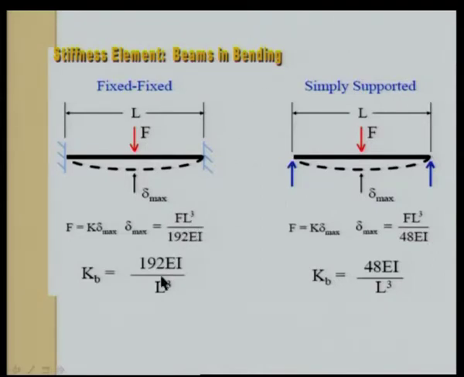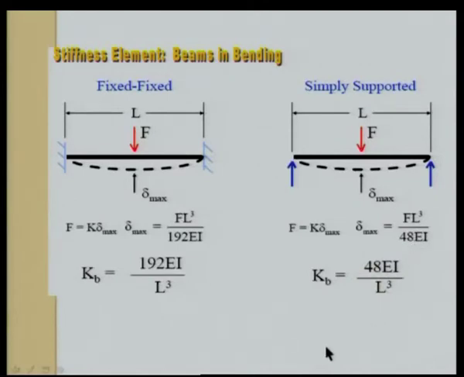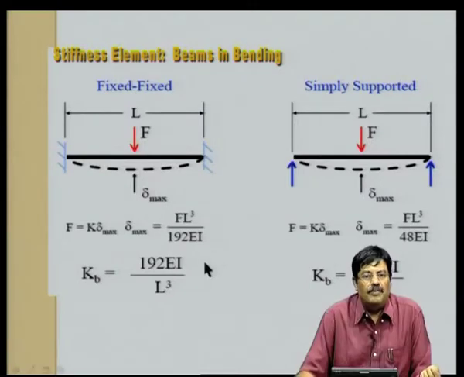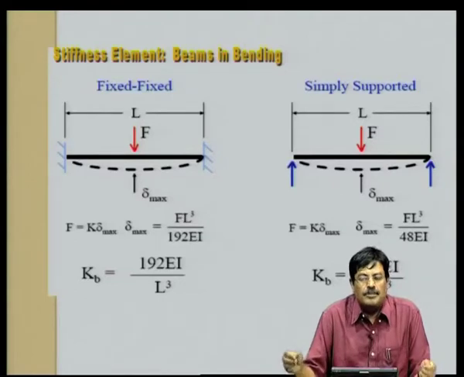So, F by delta is 92 EI by L cube, which is totally different from what we had for a cantilever beam. If it is a simply supported beam, the maximum deflection from the strength of materials approach is FL cube by 48 EI, so the stiffness for the simply supported case will be 48 EI by L cube. So, basically the boundary condition of the structure determines the equivalent stiffness that you are trying to calculate, which is very important,